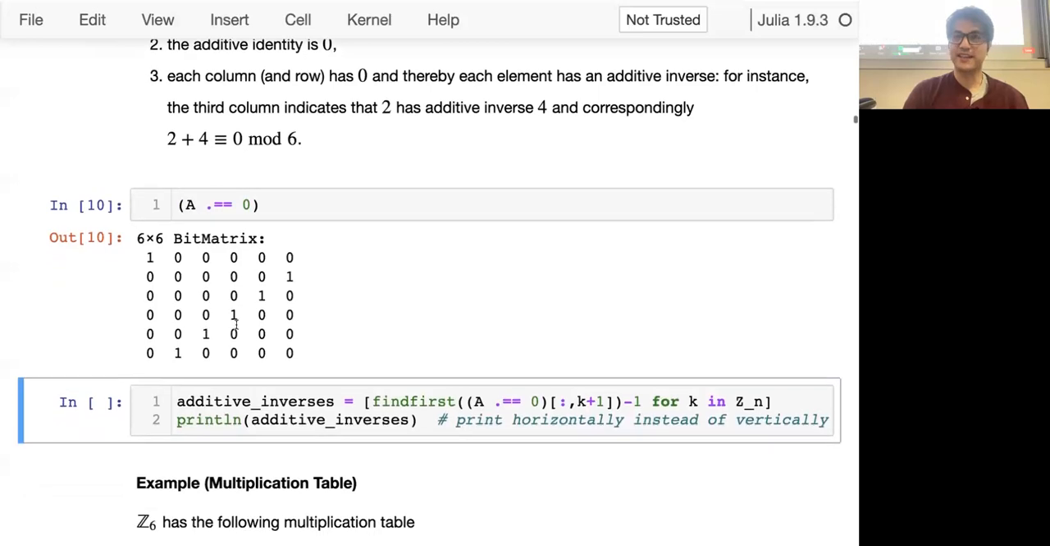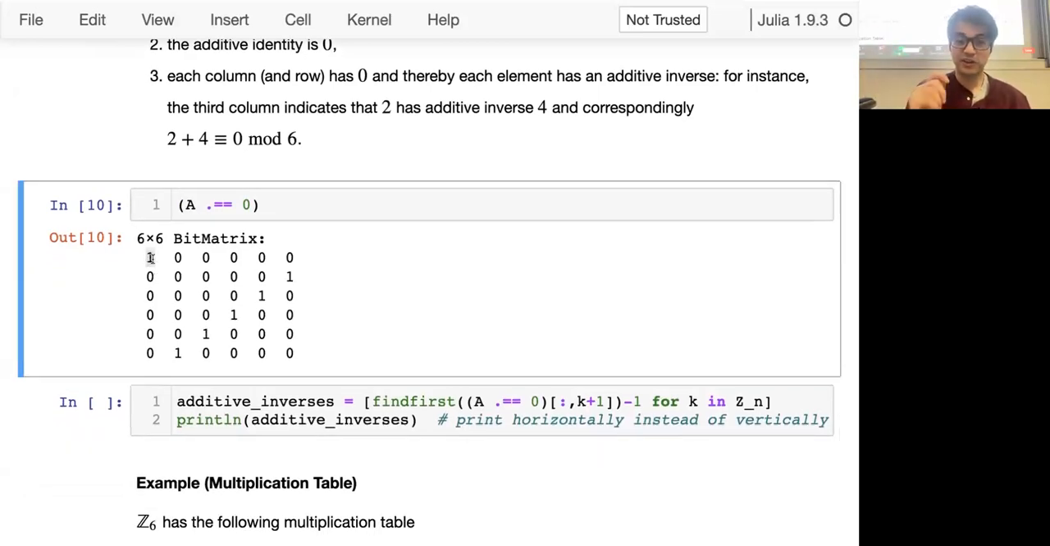So this is pointwise comparison or pointwise equality. It's saying put a true here or a 1 if and only if this cell is equal to 0, and a false or a 0 if and only if it is not equal to 0. So as long as there's a 1 in every column here, we can conclude that the addition table that we've given actually forms a group because